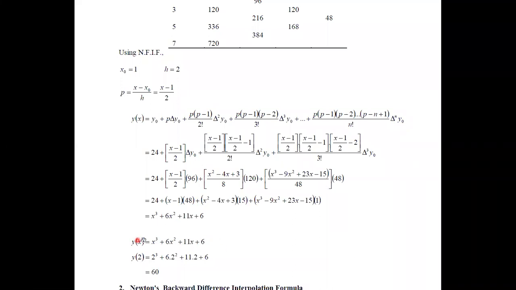Then you are asked to obtain a value for the function y where x equals a given value. Therefore, one should do the substitution. Appropriate substitution gives you the value of the function as 60 at that point. And sometimes you may be asked without obtaining the equation.